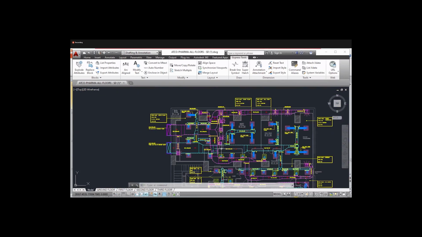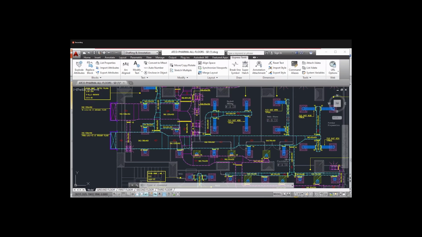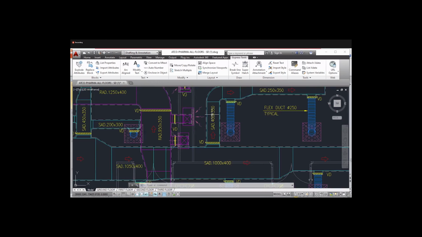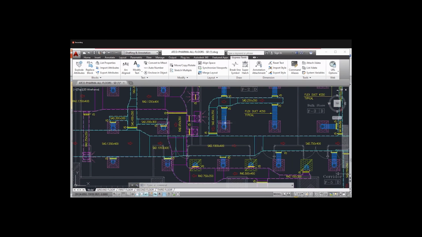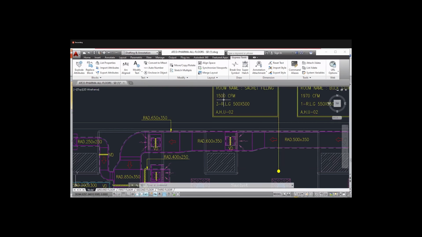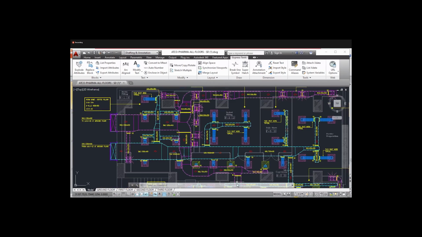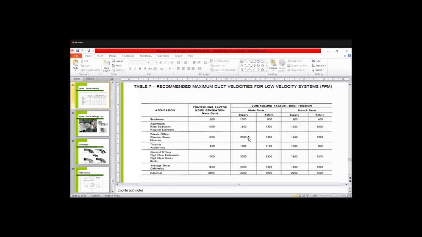Okay. So we will calculate the next duct. We will go with this one duct. So let's see what is the CFM here: it is 1500, and now we will take the velocity as branch duct, not the main duct.